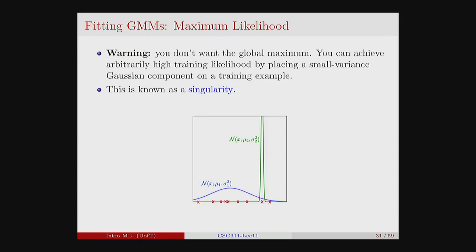Because it's doing such a good job of explaining exactly one point, you will get a very high value for the likelihood of the data, while the other Gaussian is going to explain all of the other data points that you have. Yep. How come we didn't have this problem when we did